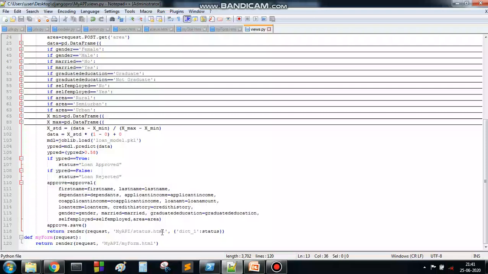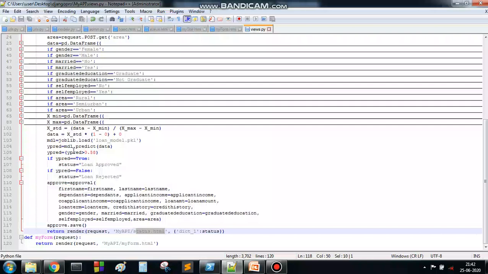That means again it will go inside your template, search the my API folder, and search the status.html. If your algorithm works fine and your y prediction is greater than 0.58, then it will predict true. If it is true, then the status is loan approved.